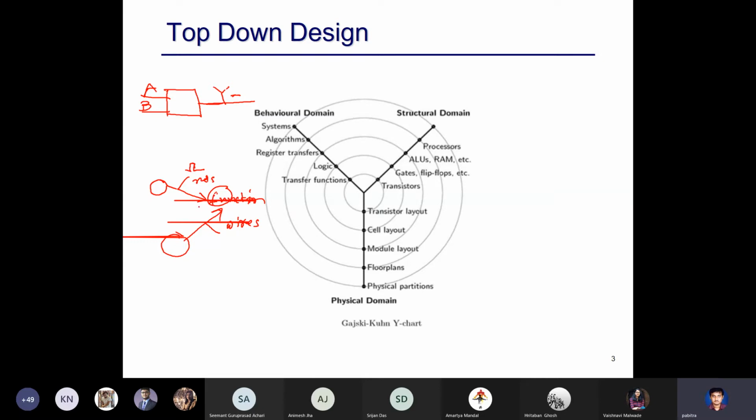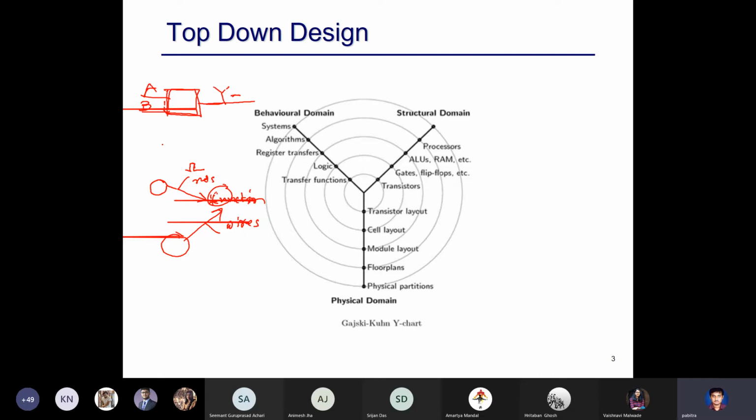There can be different types of things. Actually nets is a more general term, but let's initially assume it like that. So these are just values. Now these functions, these blocks, they can either be standard blocks like AND, or these are called standard cells, for which any gates are standard cells for which exact layout we know, that they are in the library, or these can be user defined blocks where you define in terms of either a truth table or a connection of gates, a circuit built out of gates, and so on.